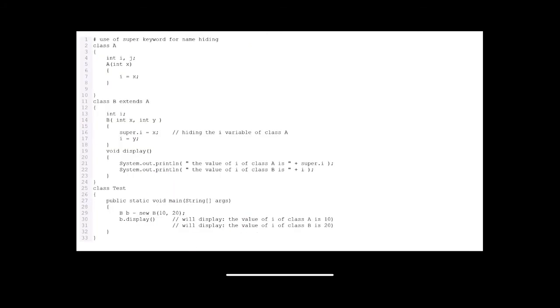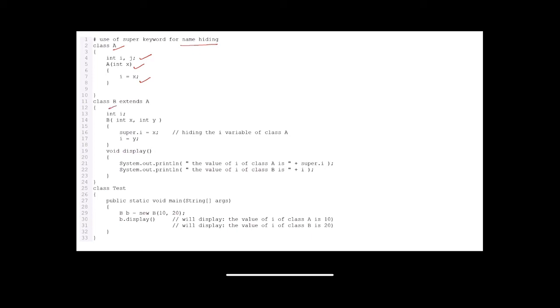We have just seen that the super keyword was used to call the constructors of the parent class. Another use of super keyword is for name hiding. Let us see how. Let's suppose I'm having a class A where two variables, I and J, are defined, and using the constructor of A class, I'm initializing the value of I as x.